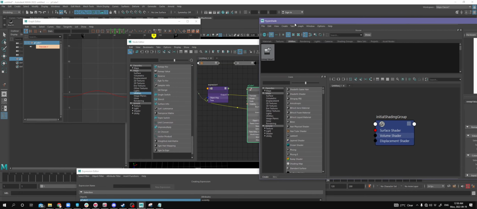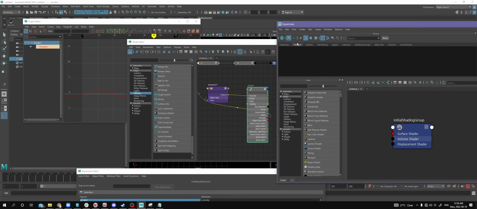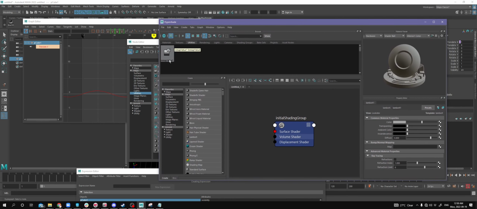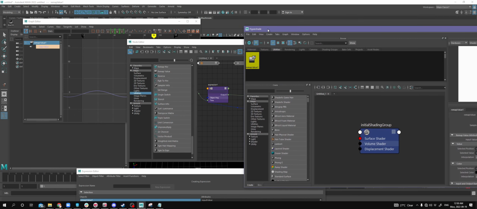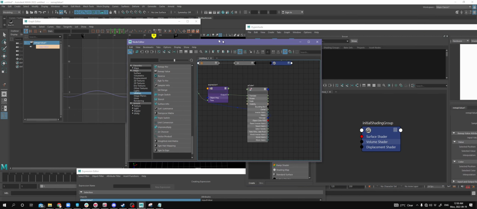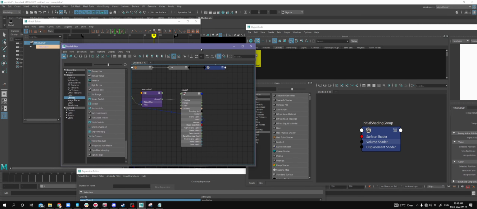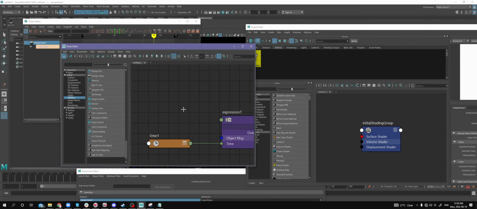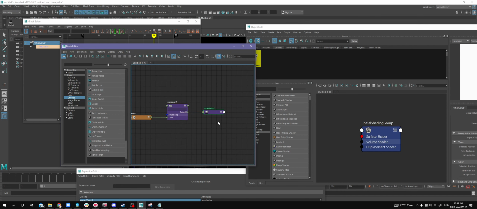So okay, here under utilities, I can show all the textures, I can show all the utilities, which is kind of the plus, minus, divide, remap nodes and all that. It's a shame I have to come over here to look at all my nodes. So if I select this remap node that is floating somewhere, and with that selected, I hit input and output connections, you'll see that, yep, starting with that remap node,